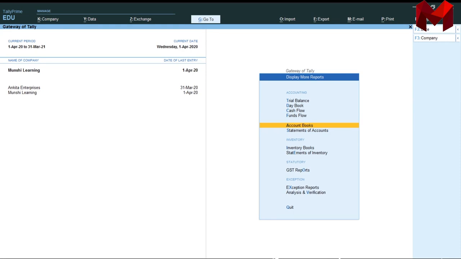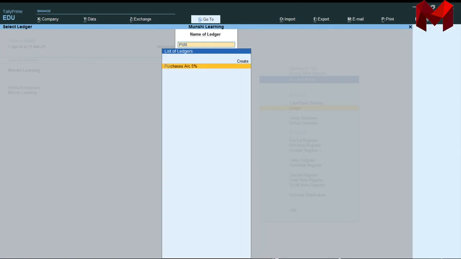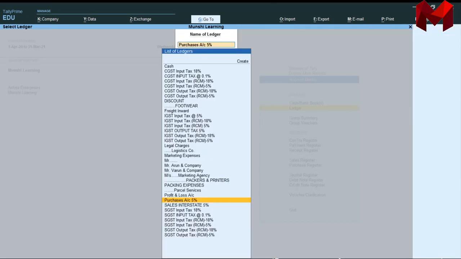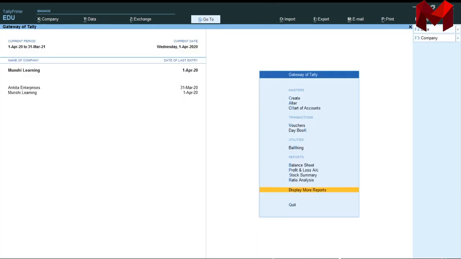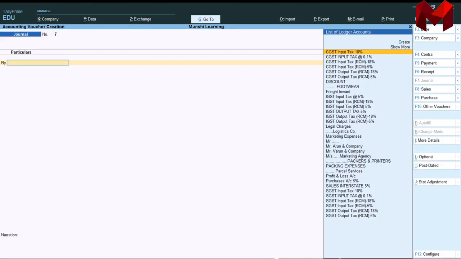If we see the purchases account, purchases at the rate of 5%, it is increased by 6,50,000. Now the purchases is going to be reduced because we are issuing the debit note against purchases. In case of purchases, the party's account is already credited and we are issuing a debit note. That means we are reducing the party's amount. That means our purchase amount is reduced. Now let's enter the debit note. Similarly, we are going into journal.